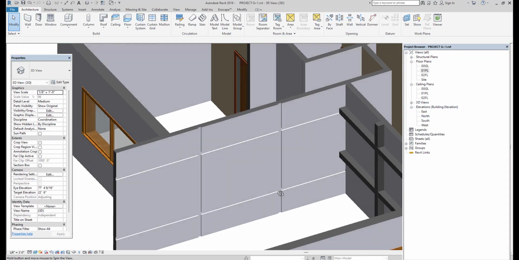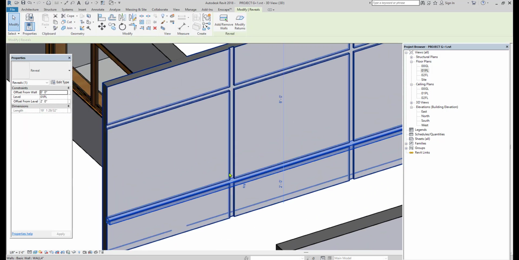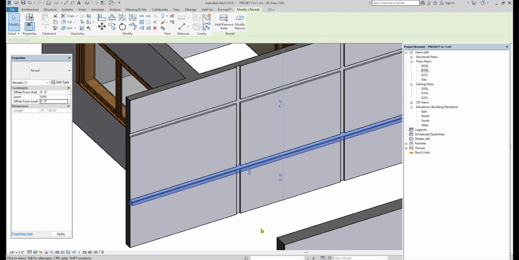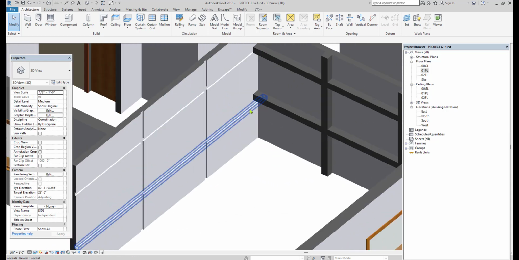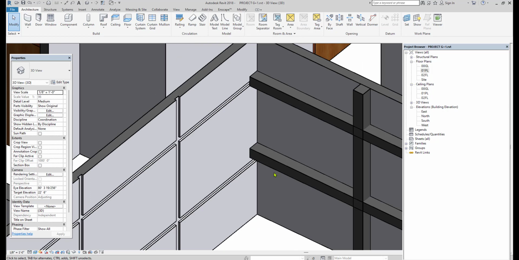So you can reduce the wall reveal amount like this. You can even adjust its height. From the bottom there is a 2 feet height. If you want to customize it, here we have the offset from the level. You can make it 3 feet, 4 feet depending on your requirement. Like this, by using the reveal and sweep options, you can decorate the wall.